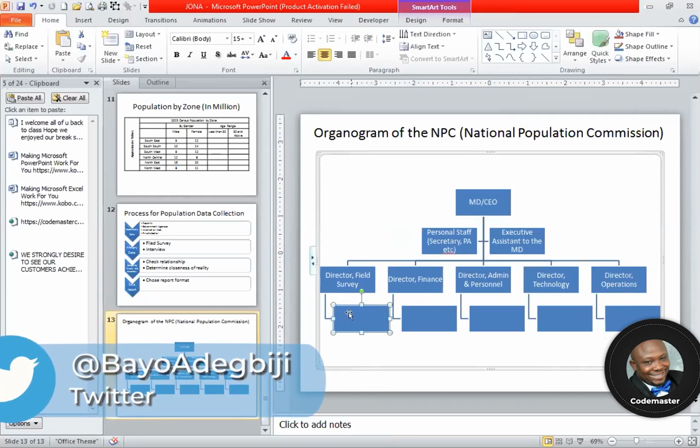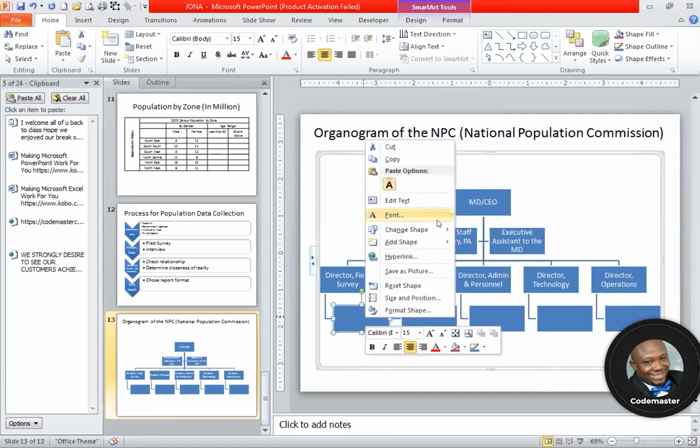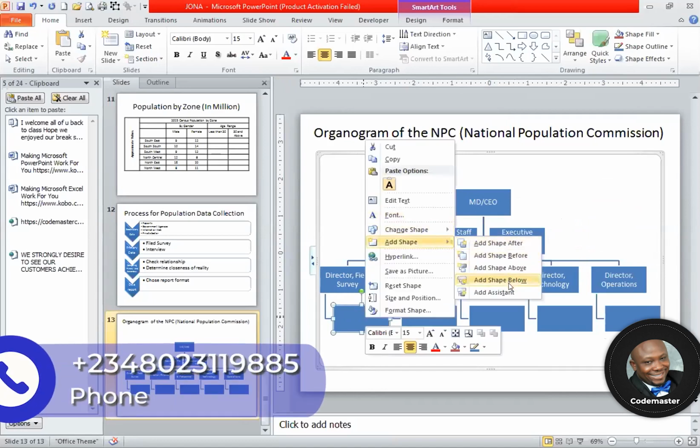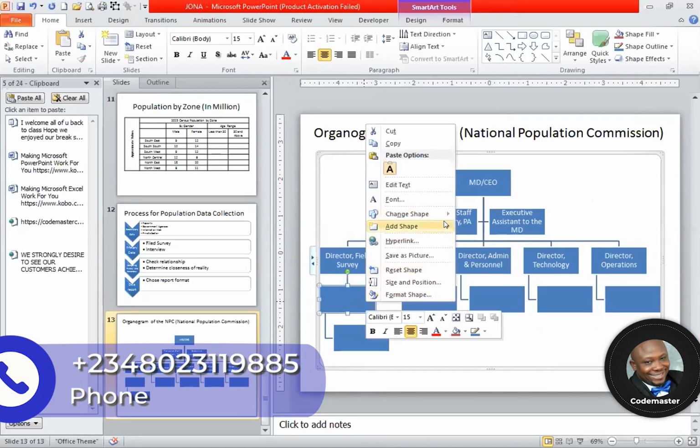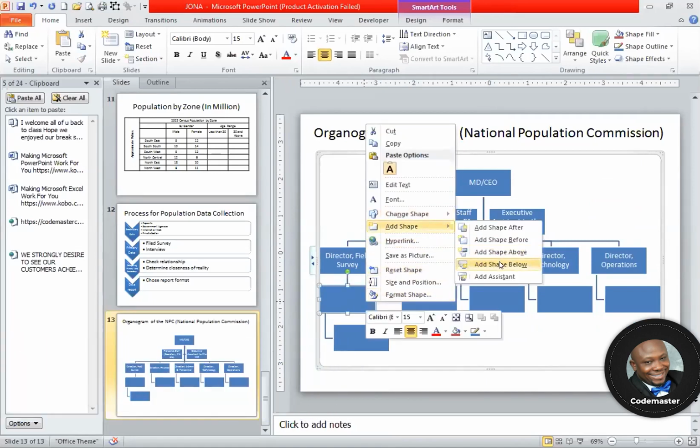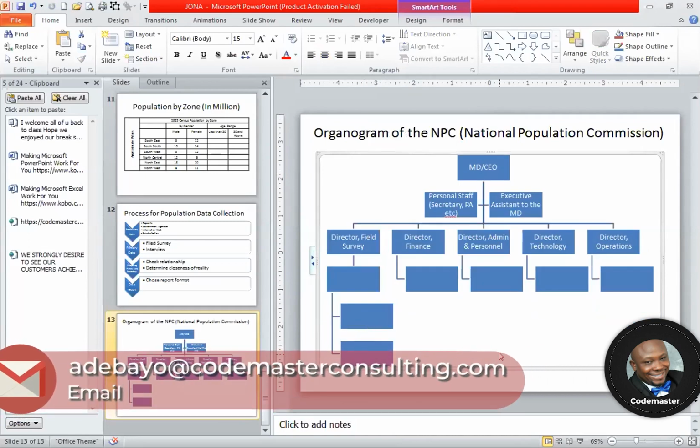So, you know, all these ones too can go into different departments. We can add more. Let's add more to this guy. There's another one. Probably these are the staff that also work with him. Do you get it? So it depends on how complex it is. If it is a complex organization organogram,